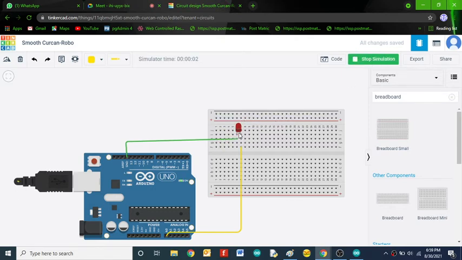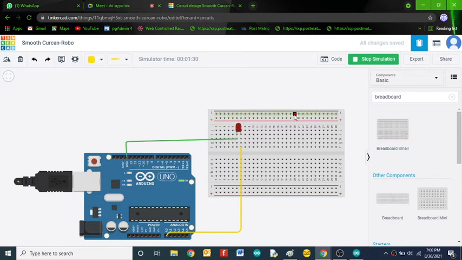You can see it gives the correct result. Like that, you can simulate through software, which is called Tinkercad. Do you have any doubts regarding this?